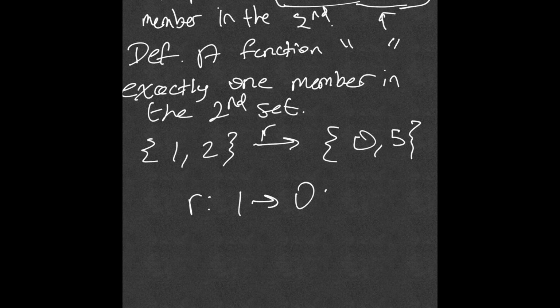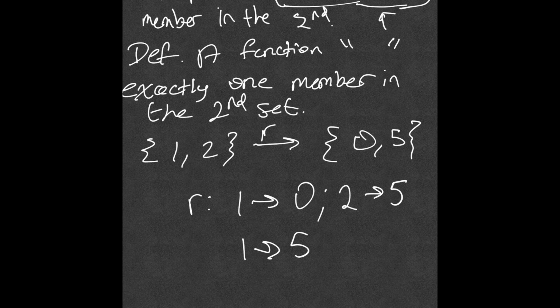And I'm also going to send 2 to 5. And just because I'm defining this relation right now as we speak, I'm also going to have 1 be sent to 5. So 1 can go to 0 and it can also go to 5, but 2 also goes to 5. And so this is an example of something that's not a function, but it is a relation,